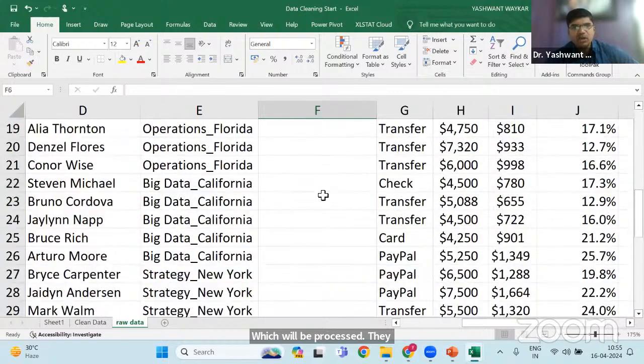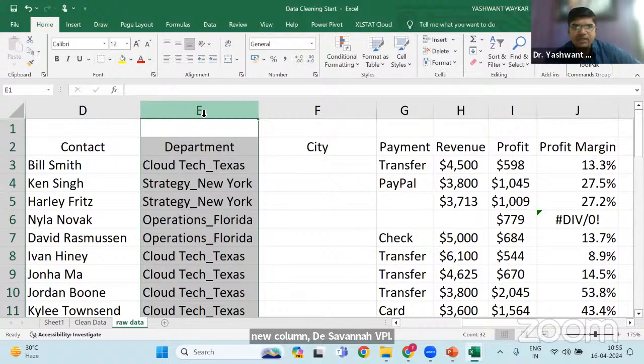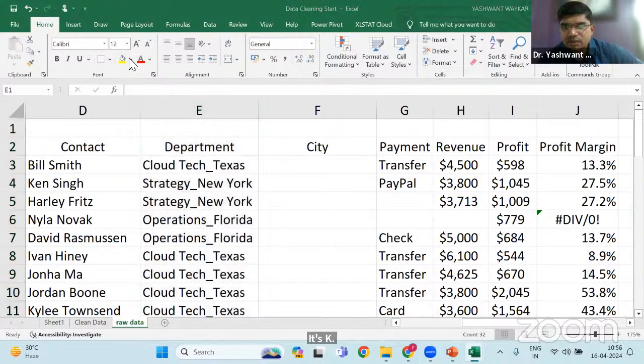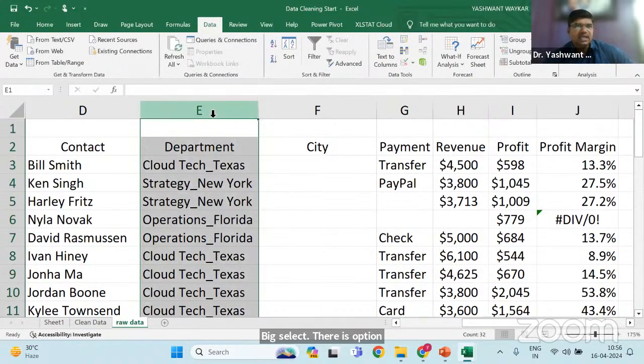जस्ट प्लेस अ न्यू कॉलम, जैसे मैंने अभी किया है, इसको सेलेक्ट करिए। ठीक है, ये ऊपर वाला हाइड हो जाता है। सेलेक्ट, there is option called as data. Select your column and there is option in your Excel called as data. Data is very important for our research purpose. This data field वाला बहुत ही important है। ठीक है, क्लिक ऑन डेटा, थोड़ा स्पीड बढ़ाएंगे, हम बहुत स्लो चल रहा है हमारा।